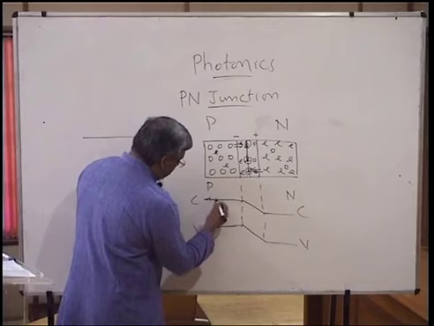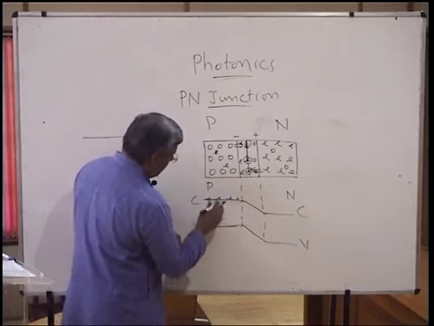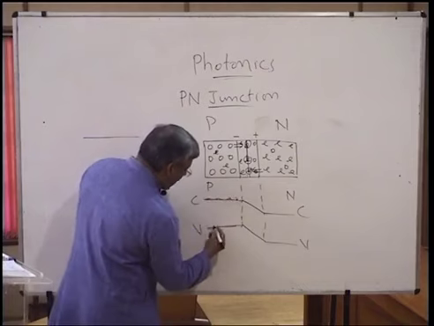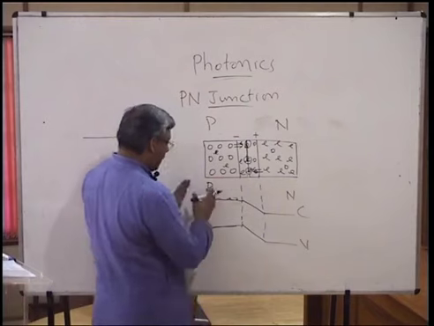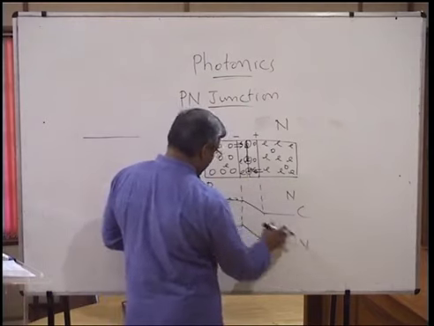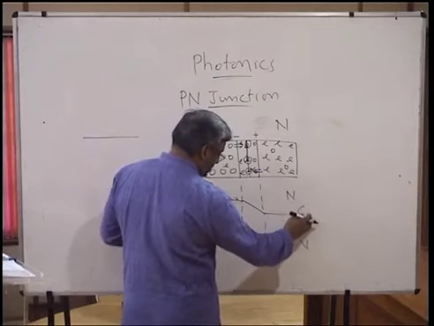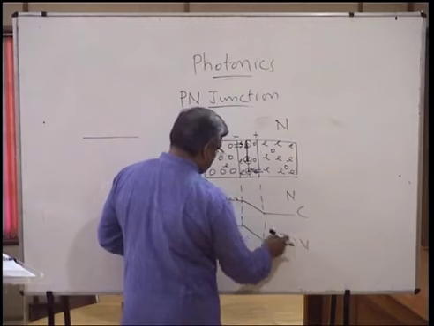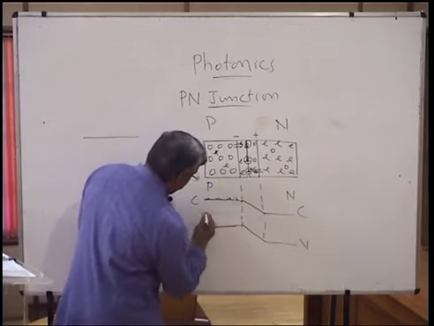Conduction band will be containing electrons. Electrons will be occupying the conduction band, and the valence band will be containing holes. So we have p region and n region with the conduction band and valence band. Everywhere the higher energy level is the conduction band and the lower energy level is the valence band. And you can also think about a